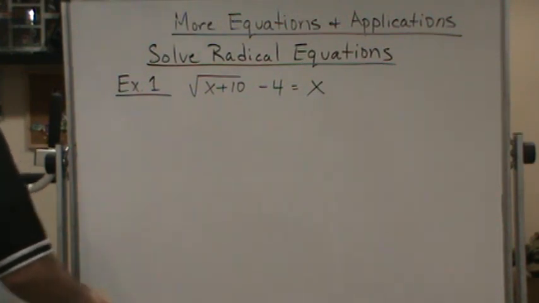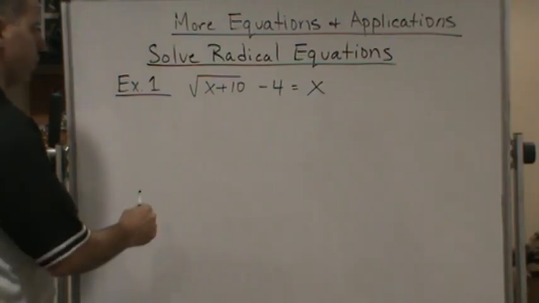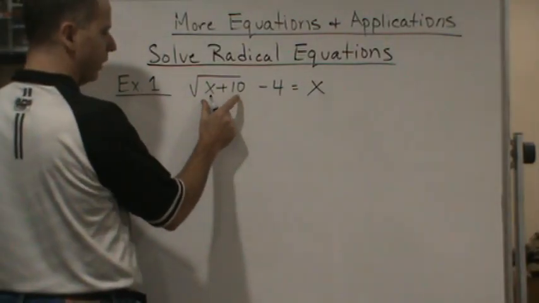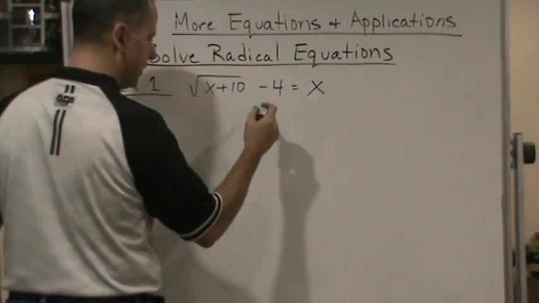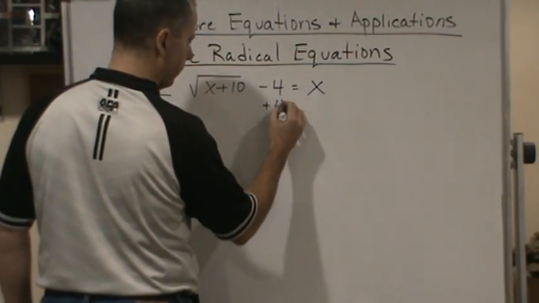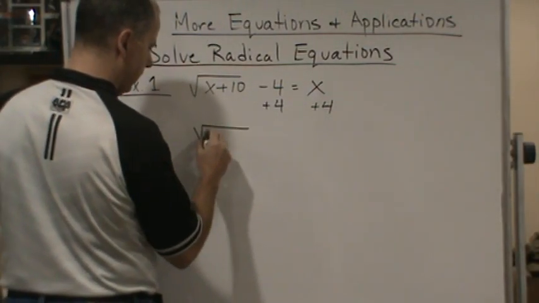All right, let's do this example here. So we have a radical equation here. Notice that we've got this radical here, so we're going to isolate this. We're going to move the 4 over, so we're going to add 4 to both sides. Okay, and that's going to give us